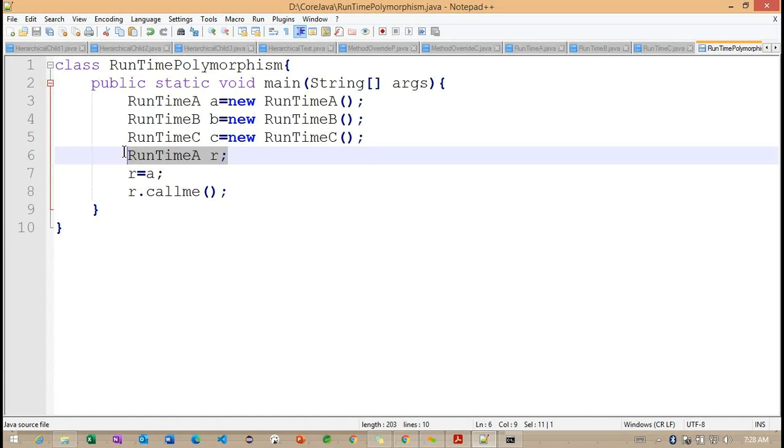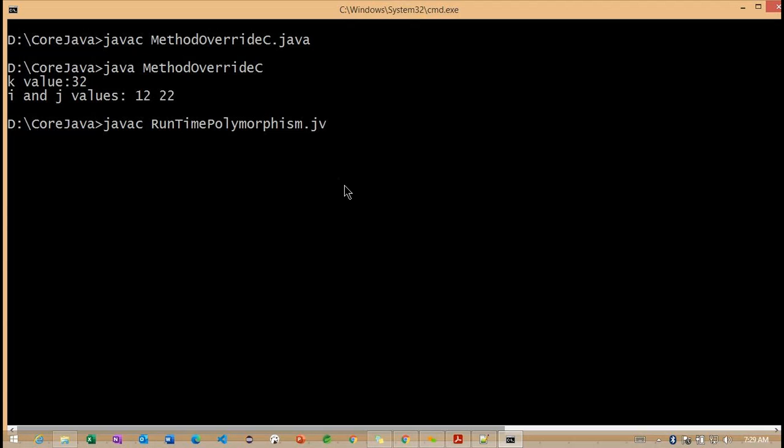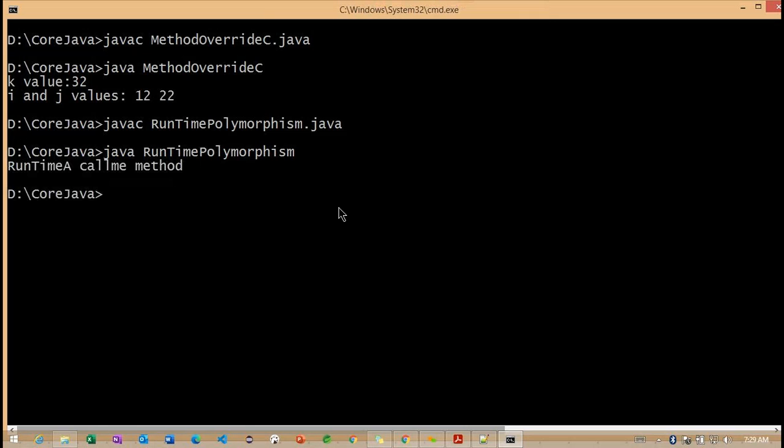So this is the same object reference here. If we observe, runtime polymorphism.java compiled successfully, and I execute it. Now you can see runtime A call me method is called.